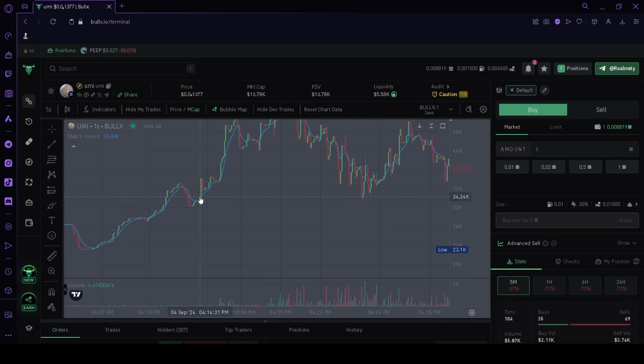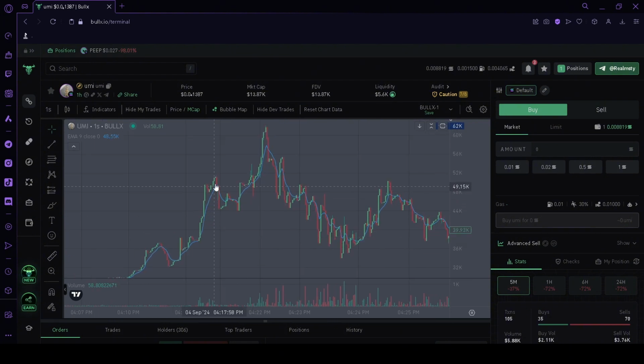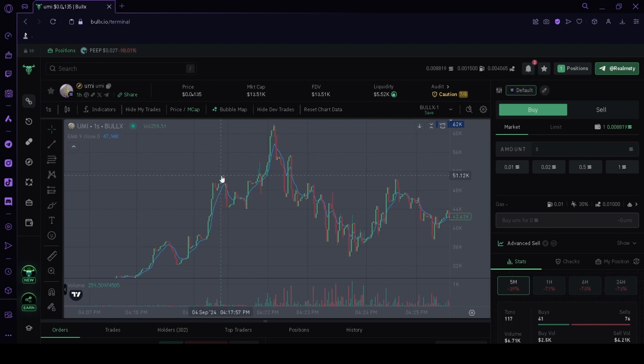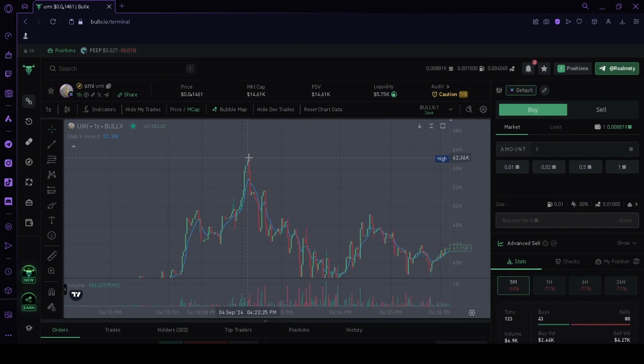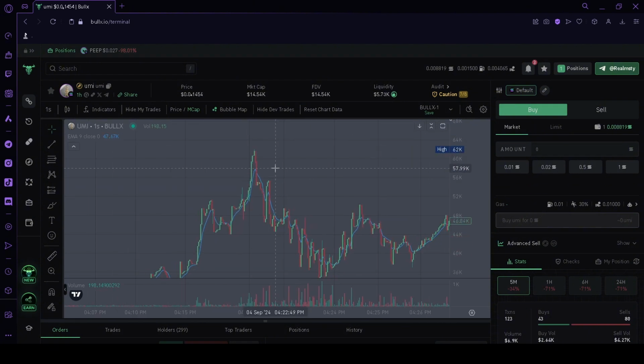It's trading above the moving average, 134k, and it goes all the way up, keeps trading to about 50k. That's nearly a 2x just there. And it decides to go below the moving average for a little bit, and it goes back up, and we're at 60k. So you could have sold here, and then bought here again, and you could ride it all the way up to the 60k mark,